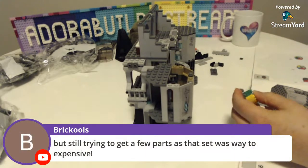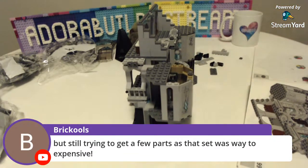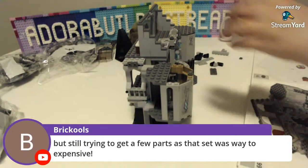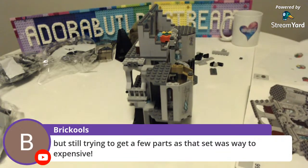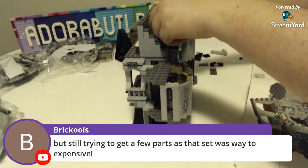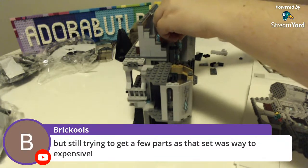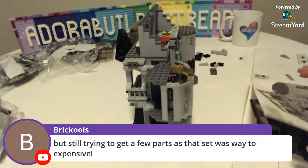But still trying to get a few parts as that set was way too expensive. I know. I absolutely really loved the look of the Monkey Kid sets. And especially since I grew up back in the dark ages with Monkey Magic, and that was just such an iconic TV show for me, that Monkey Kid was really pulling on those sort of nostalgia heartstrings that I would have quite liked to have gotten those sets, but I just couldn't justify